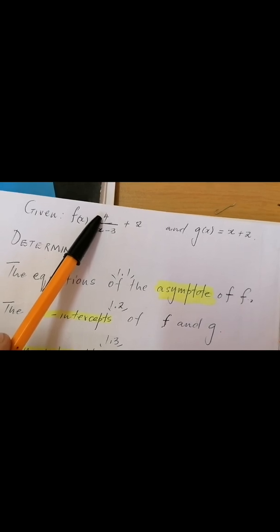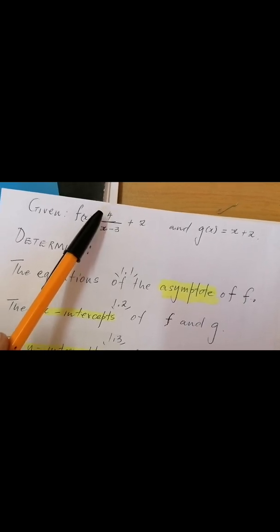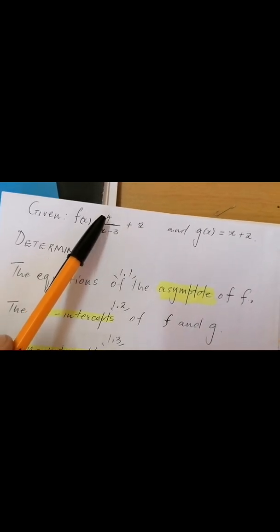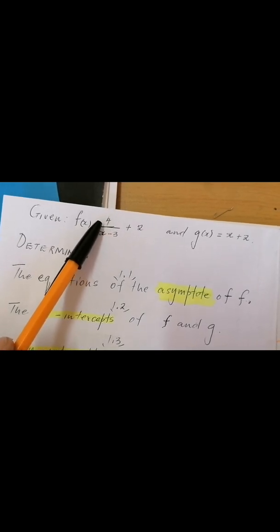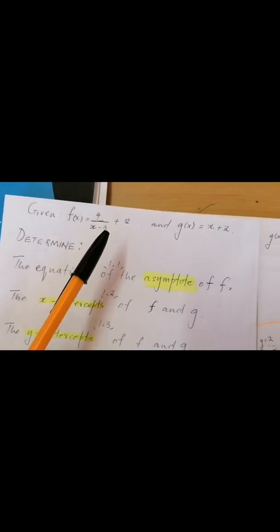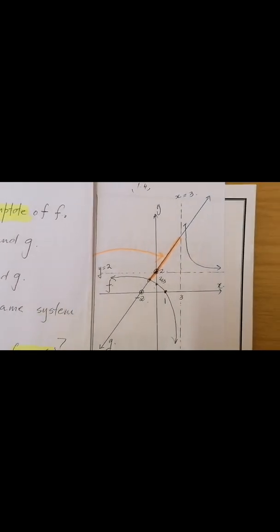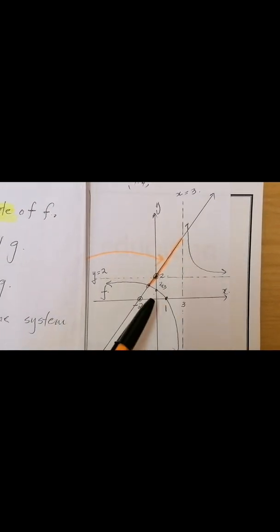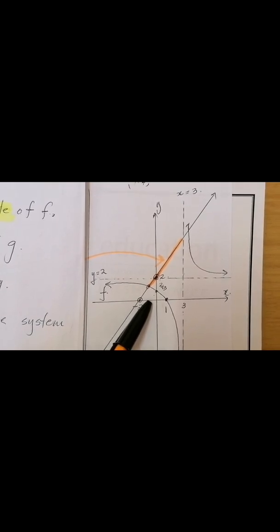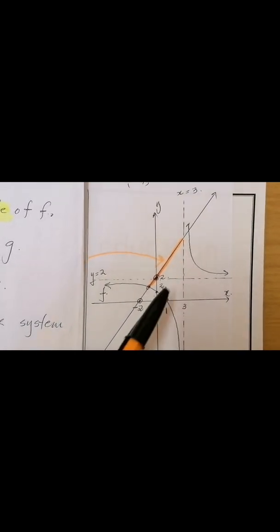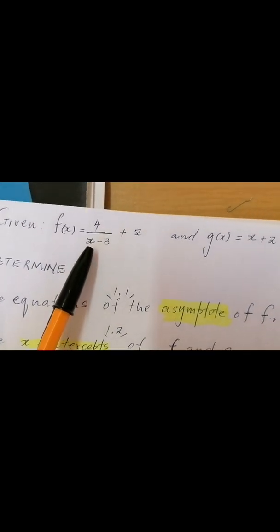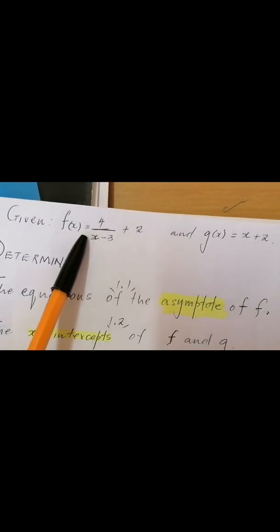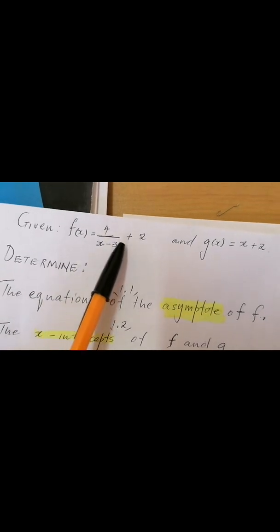When that is positive, I'm talking about parameters now. When that parameter is positive, it means your graph is in the first quadrant and the third quadrant. Remember, the first quadrant is there, the third quadrant is here, because your graph has been shifted 3 units to the right